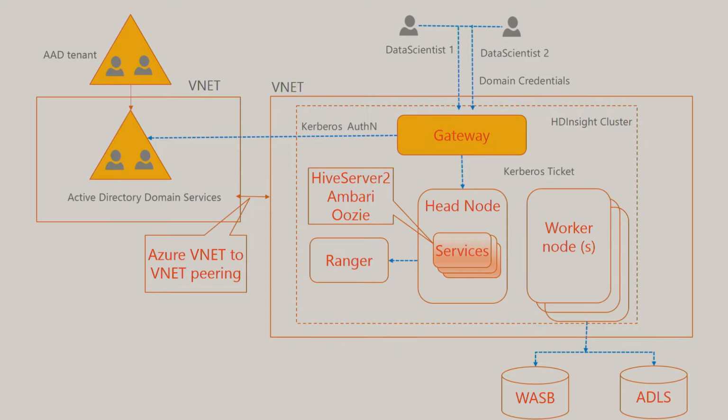It will communicate with Apache Ranger first. Ranger will make sure that authorization policies exist for this user in the Ranger database. And when Ranger is completely satisfied that the user is authorized to run the query, it will let the head node know. The head node will go ahead and execute the job on the worker node. The worker node will fetch the data from either WASB or ADLS and return the data back to the server,